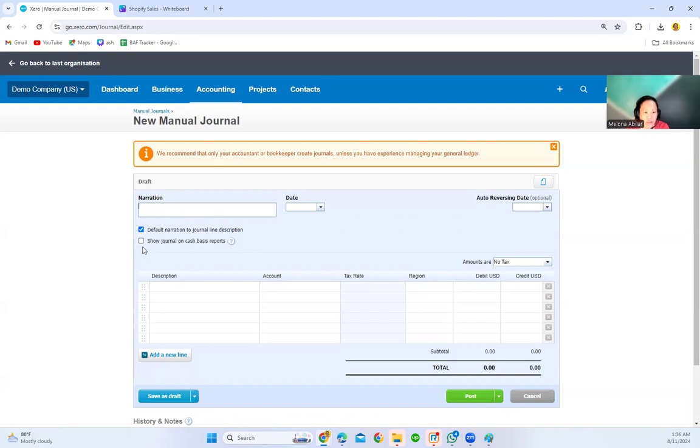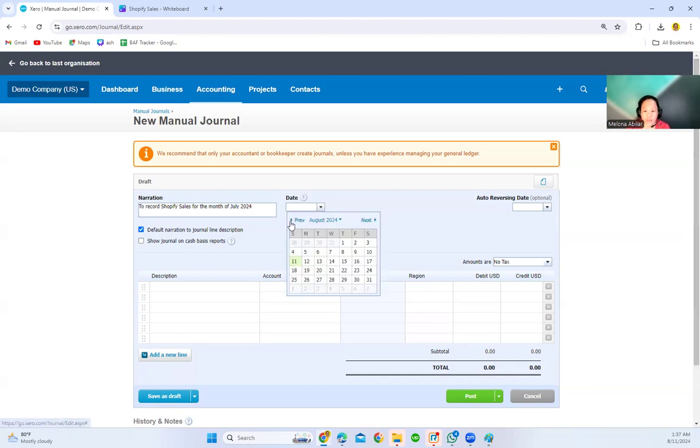I will untick this because I don't want this to show on the cash basis reports. Our narration here is to record Shopify sales for the month of, let's say, July 2024. And our date is July 31, end of the month.